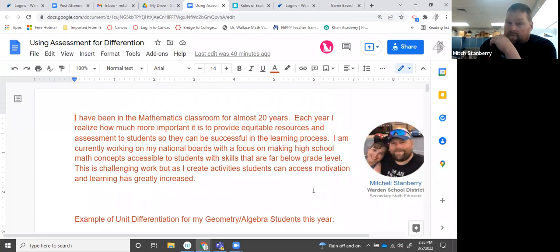So I've been in a math classroom for 20 years. This is year 19 for me, but I did do student teaching, so I've been in a math classroom for like 20 years. And I feel like the longer that I do this, the more I feel like providing equitable resources that students can be successful on is really important. I'm working on my national boards right now, and I actually looked at my data at the end of first semester on my NOEA, and